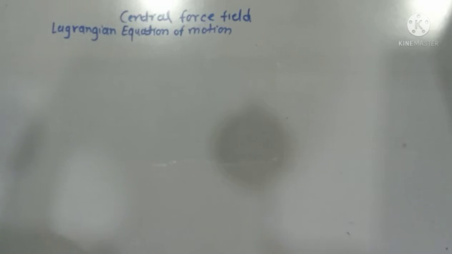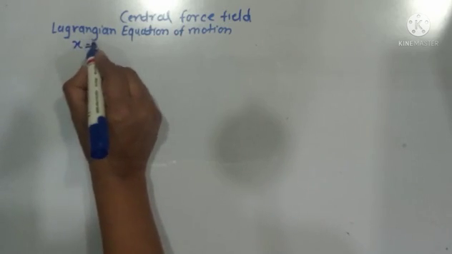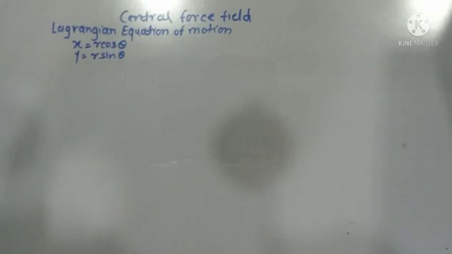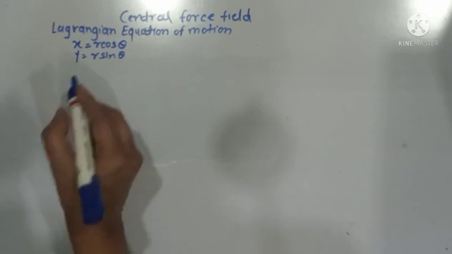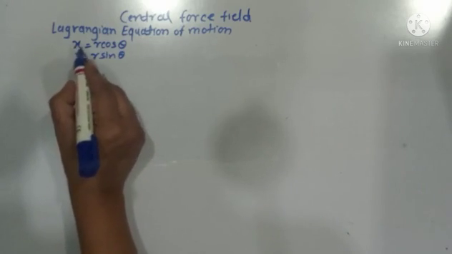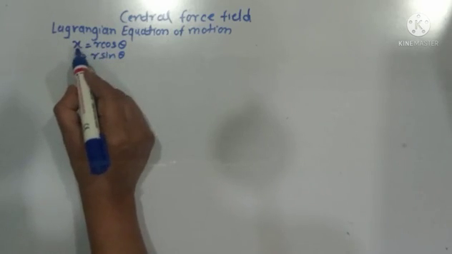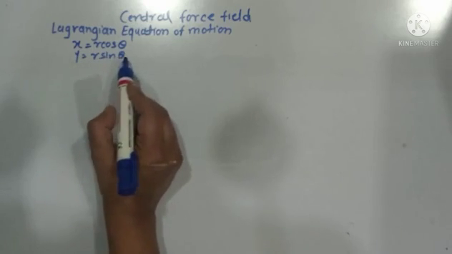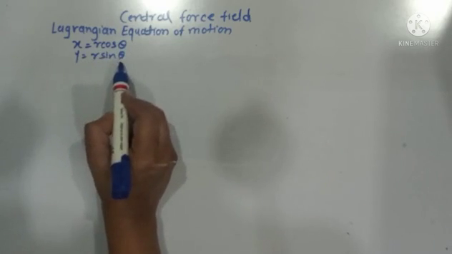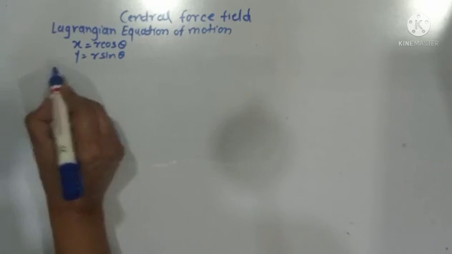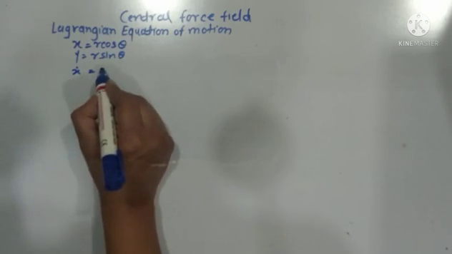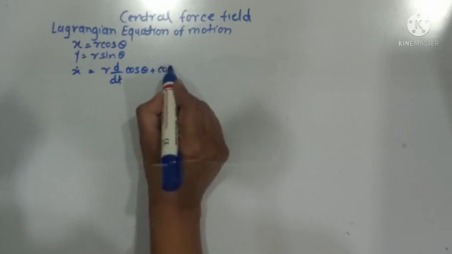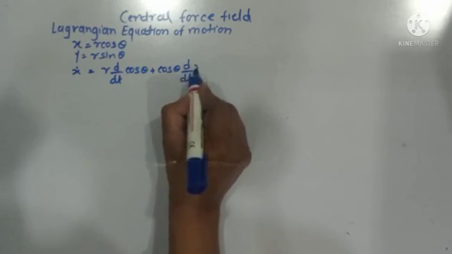but obviously. So if I take the position x is equal to r cos theta and y is equal to r sin theta in polar coordinates, I can write, if x represents the position vector along the x direction and y represents the position vector along the y direction, and it is given by x is equal to r cos theta and y is equal to r sin theta, the velocity vector, which we write as x dot, can be written as r d by dt of cos theta plus cos theta d by dt of r.